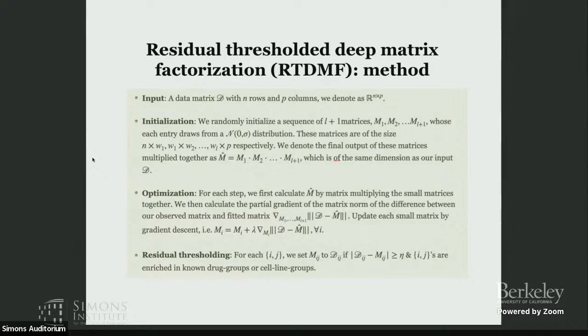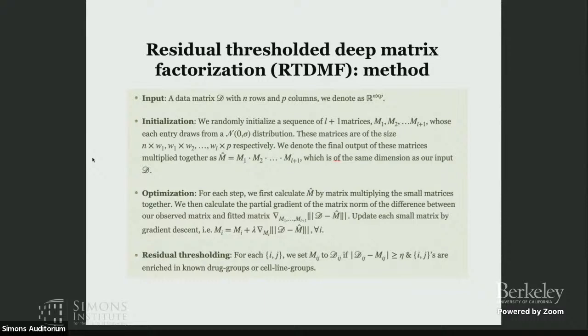The original matrix is of dimension n by p, and in traditional matrix factorization, the dimensions of M1, M2, W1 or W2 here will be less than the minimum of n and p. But in deep matrix factorization, we don't have any constraint on what the values of W1 and W2 can be. So basically, W1 and W2 can be larger than